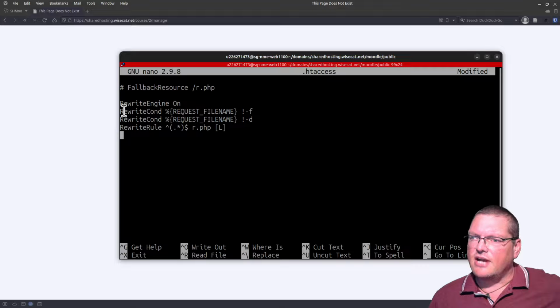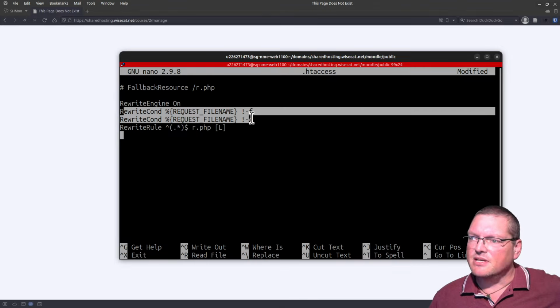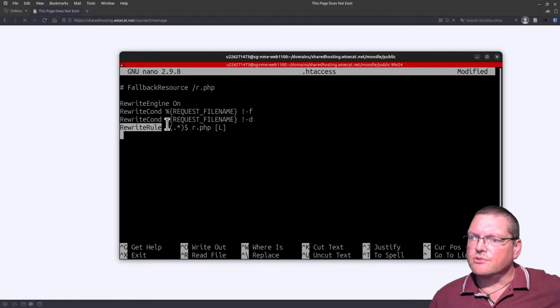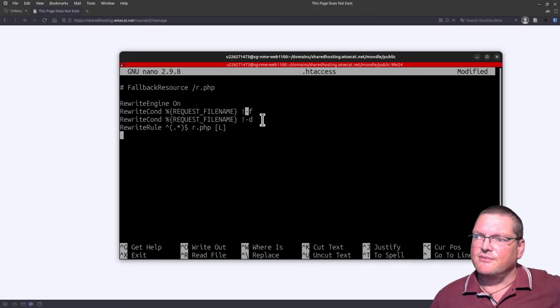Now these conditions are ANDed, which means both of them must be met before the rewrite rule is applied. The first one is the rewrite condition, look at the request file name. And if that's not, the exclamation point here means not, and -f means file. So if the request file name is not a file, if you can't find a file with that name,